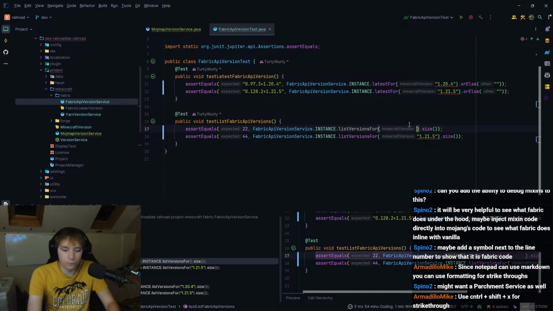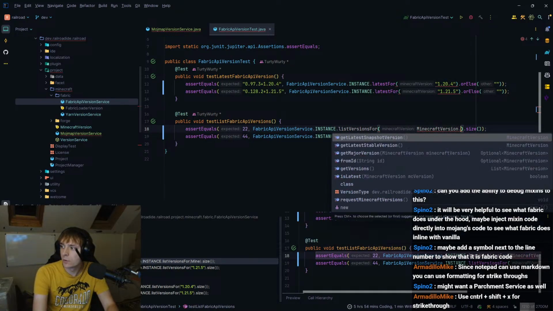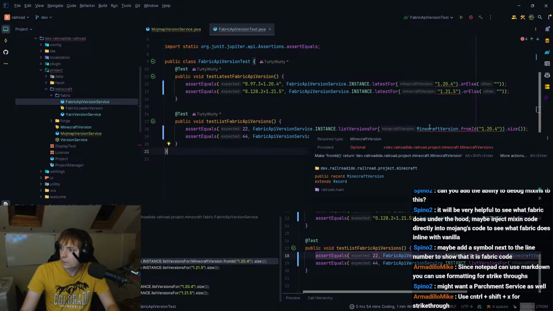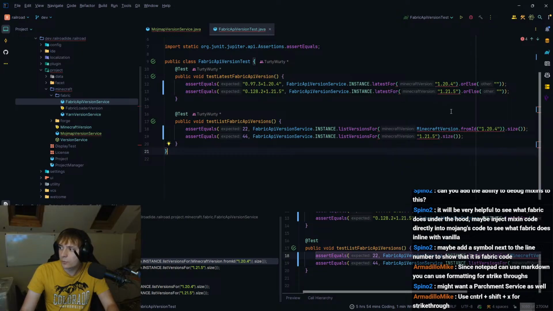If I do Minecraft version from IDE, oh, that gives me an optional.